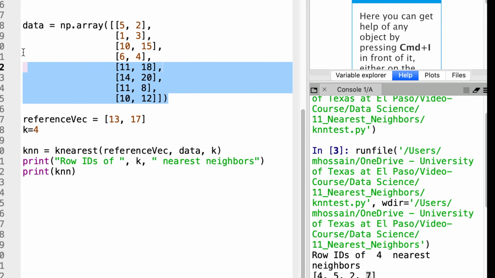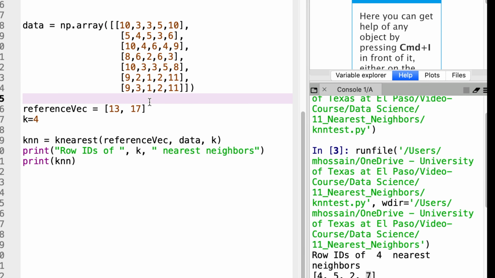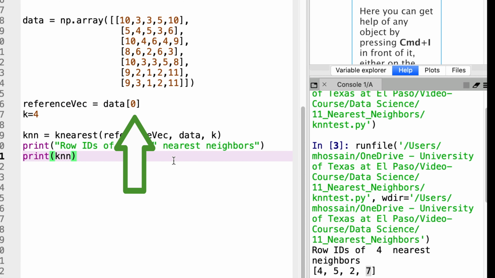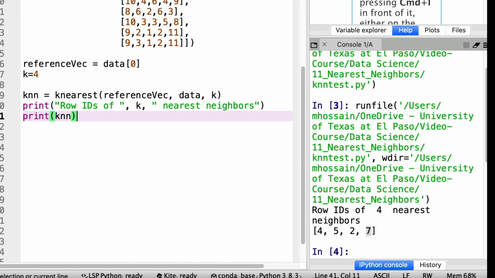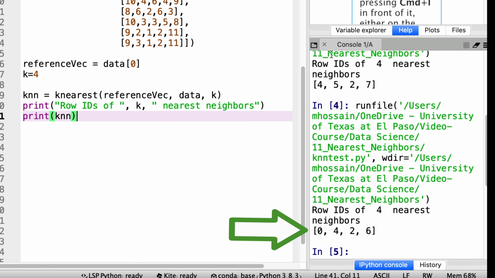Let us make it a 5-dimensional dataset. That is, it will have 5 columns. Let us say that our reference vector is row 0. That means we will find the nearest neighbors of row 0. If we run this, we see that the 4 nearest neighbors of row 0 are row 0, row 4, row